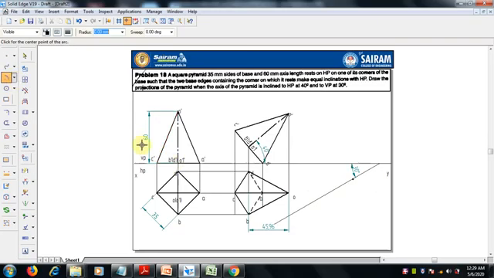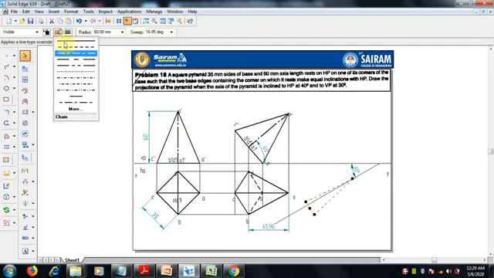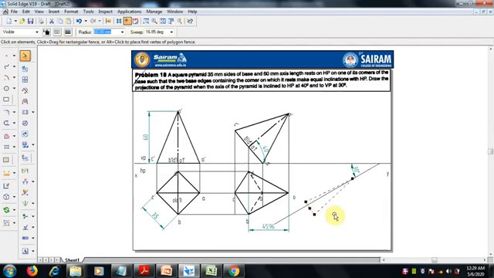Select arc, radius 60 mm, and from this point I am going to make an arc on this line. This is only 0.13 mm arc thickness. Just draw here. It should be a thin continuous line. So now it is done.